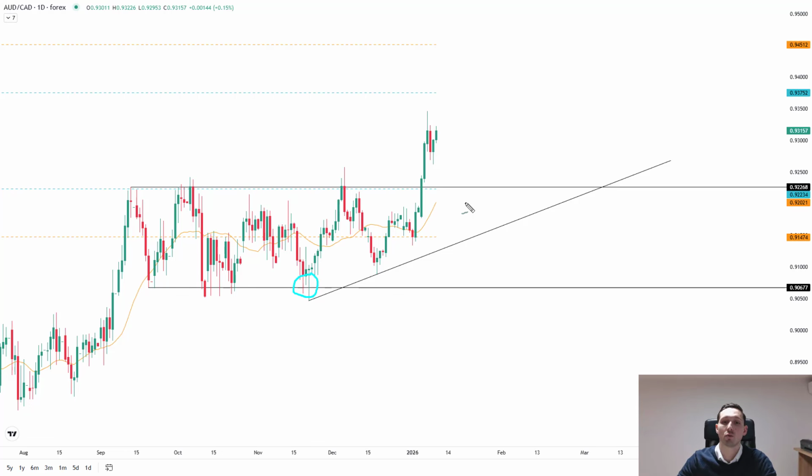So now there's no range play here. This is a breakout we should expect to continue based on the portfolio selection. And the setup here then would be a dip and a flip. So I'd like to see Aussie CAD come down. It's such a nice setup in the way that we've got this momentum. Then we pull back, and at the same time as turning oversold next week below the 0.92234,